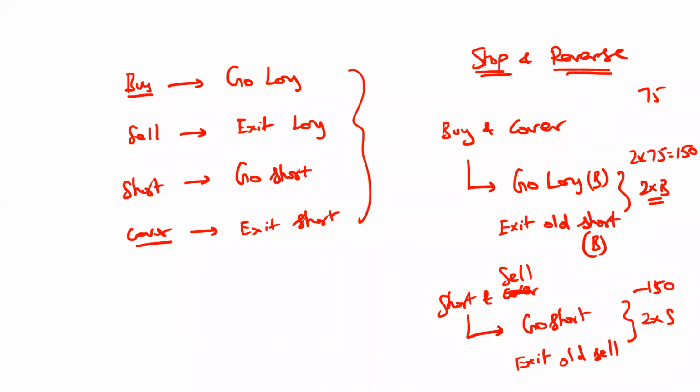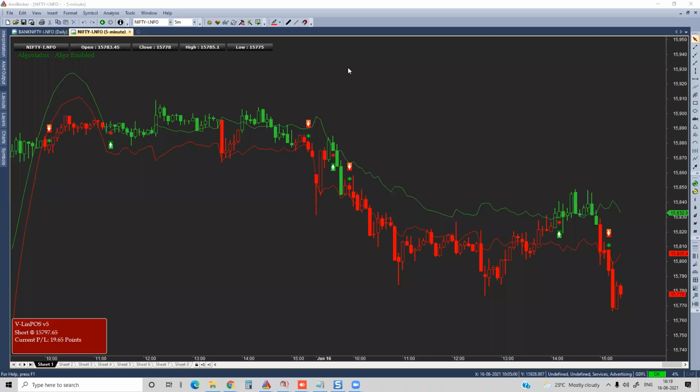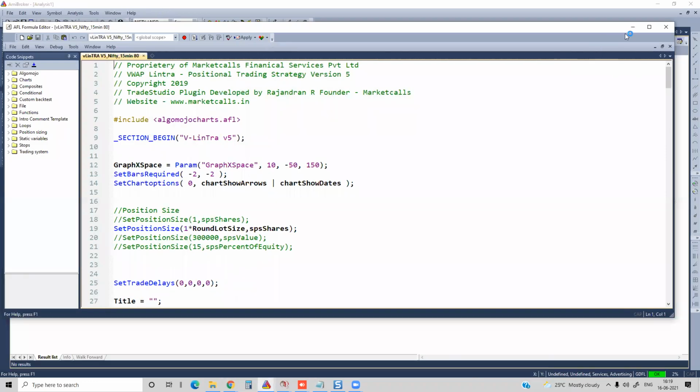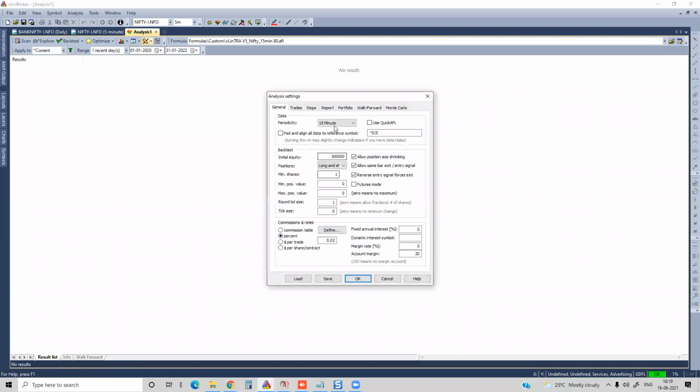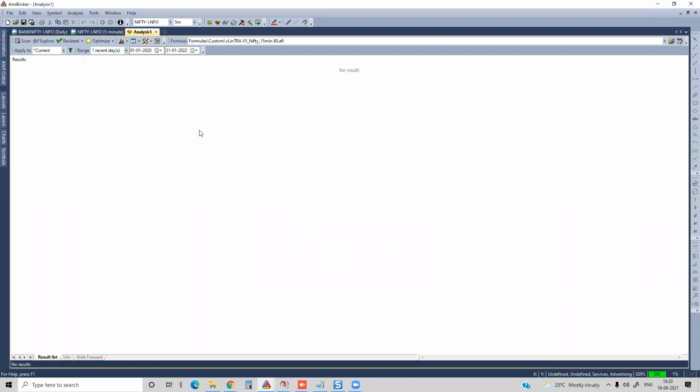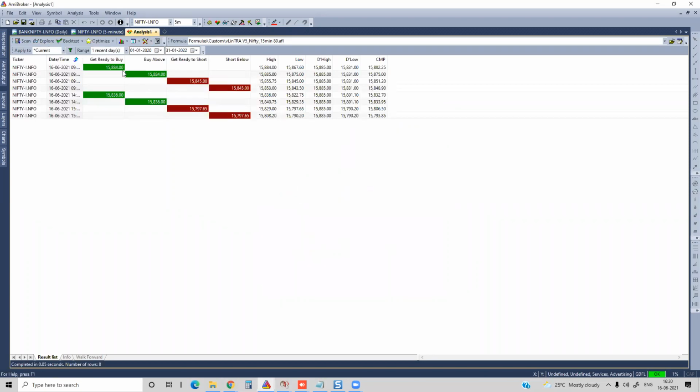Now let me explain how you can go and use the exploration based trading. In AmiBroker, the same strategy, I can go and do an exploration. So you send it to analysis and you set the time frame. Let's say one recent day. Today, what are the signals which are coming in Nifty? I want to go and explore. So how can I do that? Go to the settings and set the time frame as whatever time frame of your choice. Press OK and run exploration. You see that it shows you at what rate to buy, what rate to sell. It shows you all those instructions.